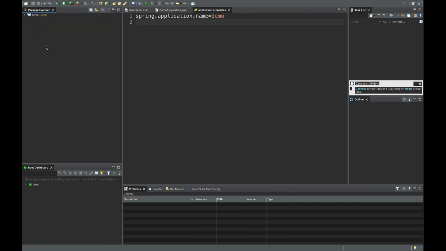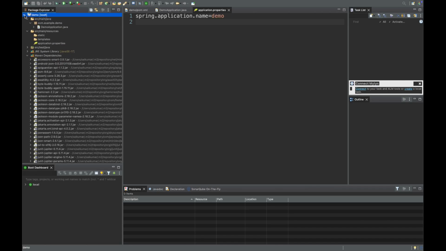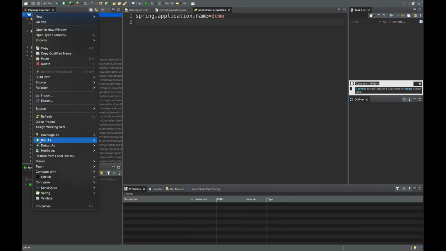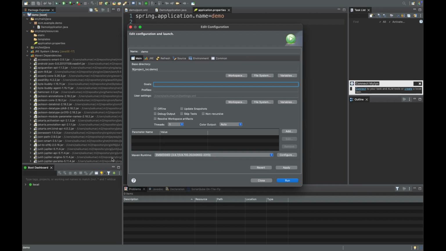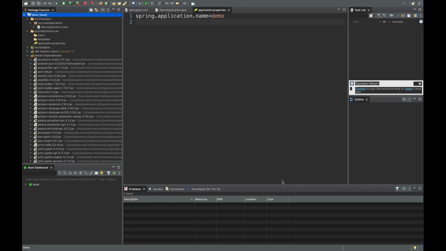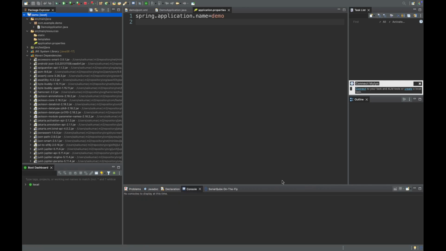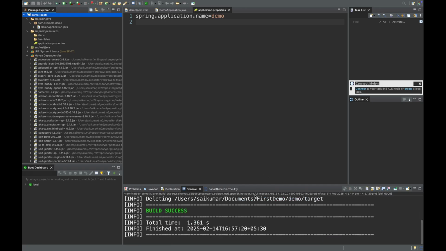Now we need to run our project. First we need to clean and compile. So what to do? Right click, run as Maven build. Here you type clean and run. It will take some time. Yeah, build success. If you see here,